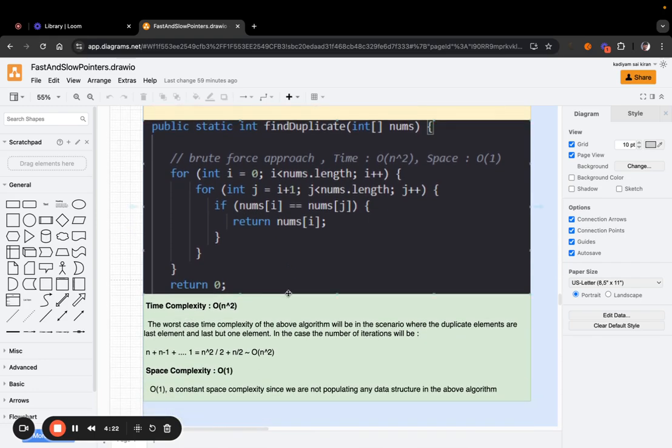So in this approach, the time complexity in terms of big O notation will be big O of n square, because we have been going through all the possible pairs. The worst time complexity of this algorithm will be in the scenario when the duplicate elements are the last element and the last but one element. In that case, we have to complete many iterations in order to find whether there exists any duplicate or not, because